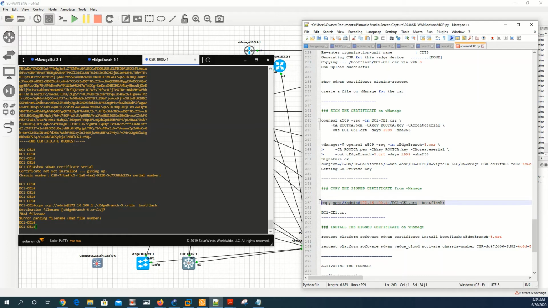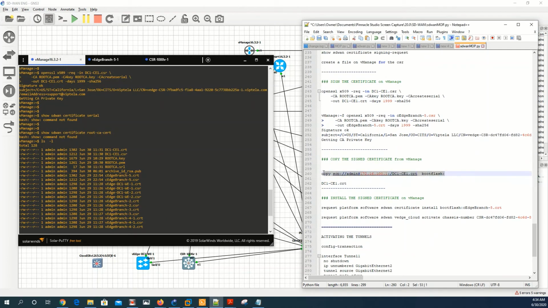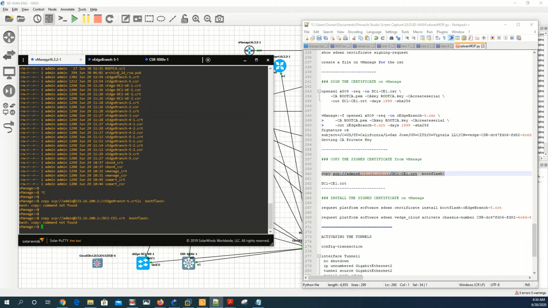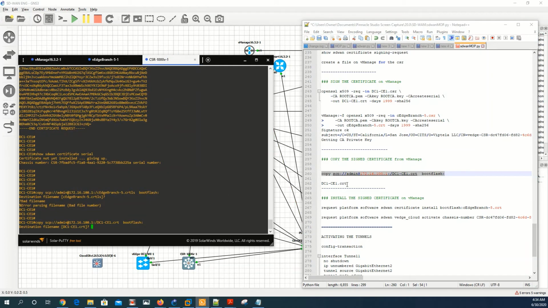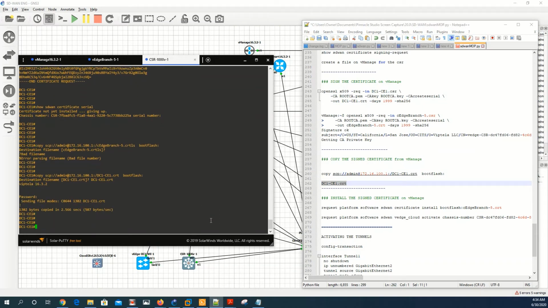And yeah, so basically this command is saying we're using SCP to log onto vManage. We're going to copy this file which we just created, and then we're going to put it onto the boot flash, and then we're going to give it the same name. So, oh, still the same, I'm sorry. So let's do that, and let's take the name of the file here, put it there. We're going to admin. Yeah, so